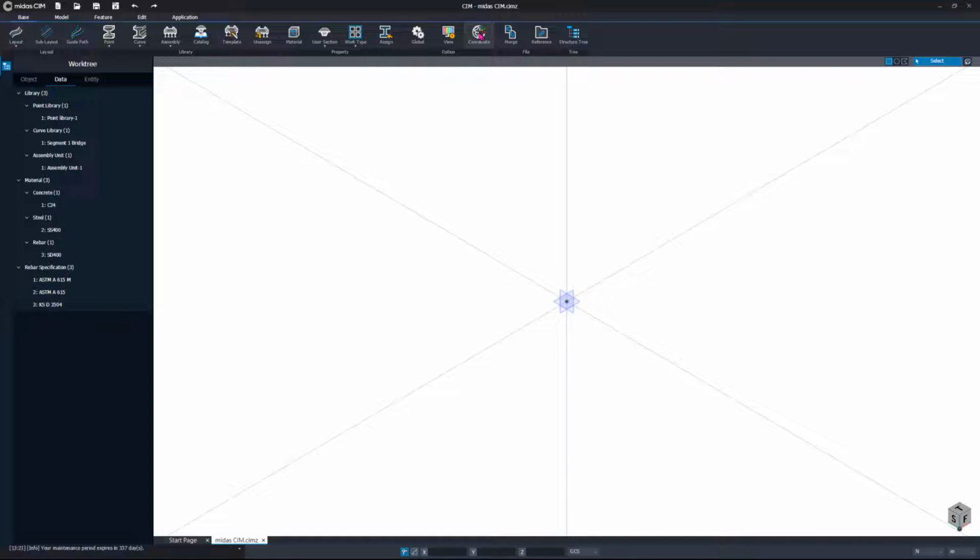So, for example, if you have created a drone mapping of a terrain, or maybe you have got a boring file, sorry, boring section of a soil, you can add them in the model itself. But it is important to make sure that the coordinate is correct when you import them. Okay.